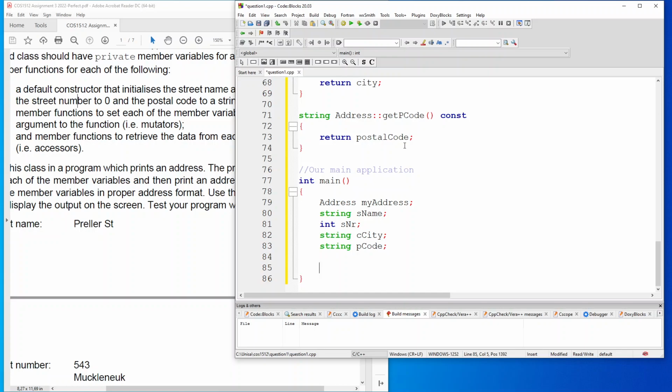and they can only be used within this main function. They're not able to be used by the class, and so we're going to use our getters and setters in order to change values and set values and return values. Okay. So first of all, what we're going to do is we're going to ask the user to please enter address. So we're using the cout command, which is console output, and we're saying please enter your address. Okay, and then to make it all pretty, we